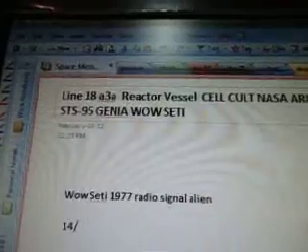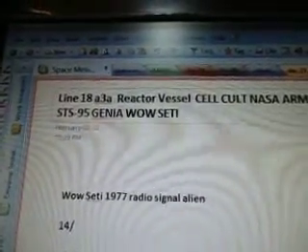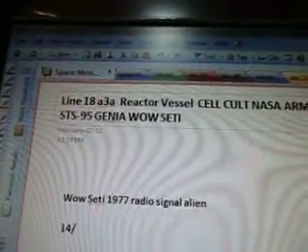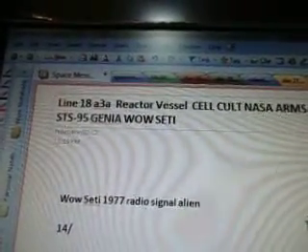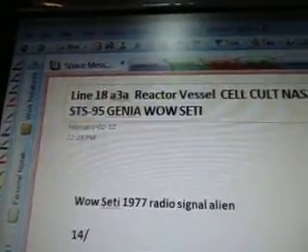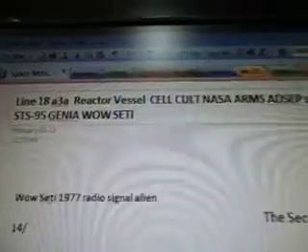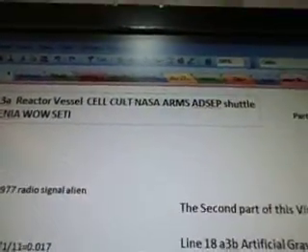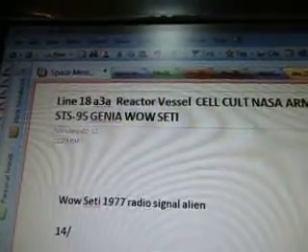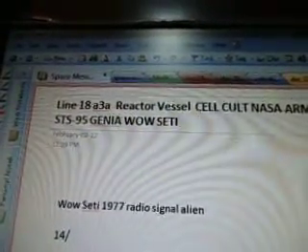Line 18A3 has a lot of videos that are going to go with it. It's already up to A3H, just so you know. So I do the letters of the alphabet after the A3 for each video, okay? So this is line 18A3A: Reactor, Vessel, Cell Cult, NASA Arms, ADSEP, Shuttle, STS-95, GENIA, Wow Seti. The second part of this video is on line 18A3B,